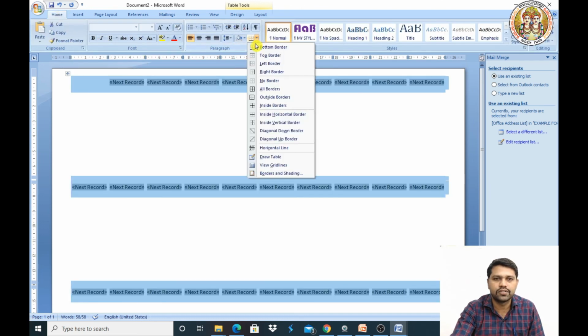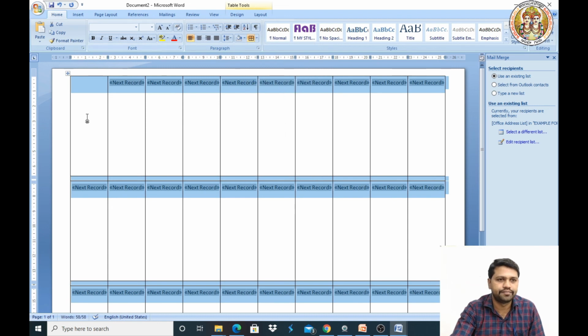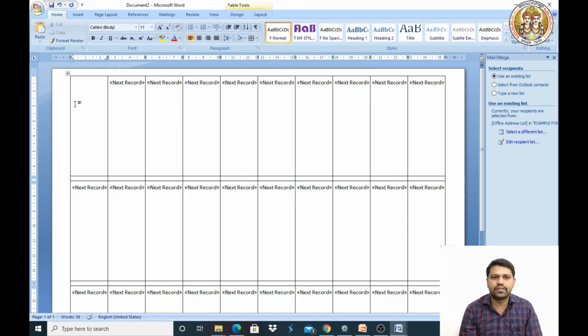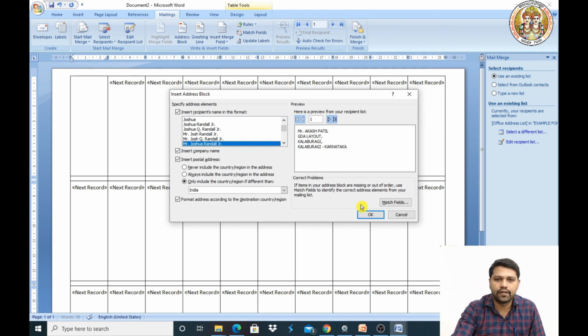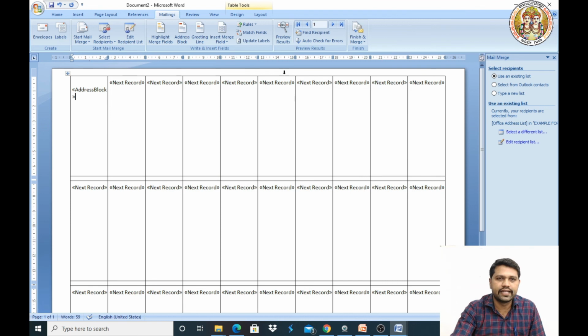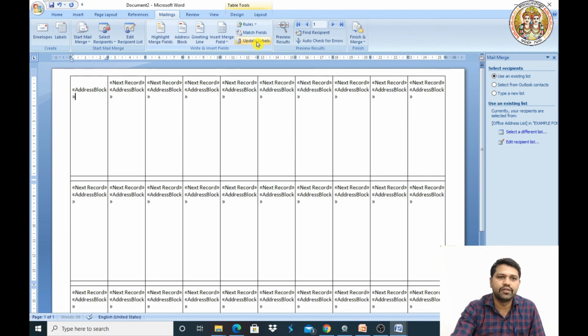Accept the first box, it is showing the next record. In the first box we have to add the address block. How you are going to display that? Just click on OK. And the next is update the labels.